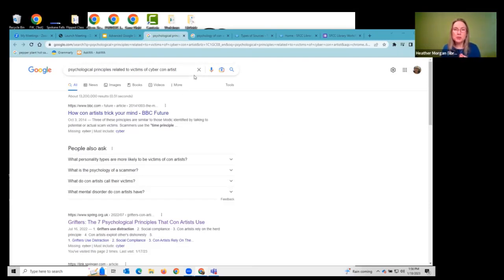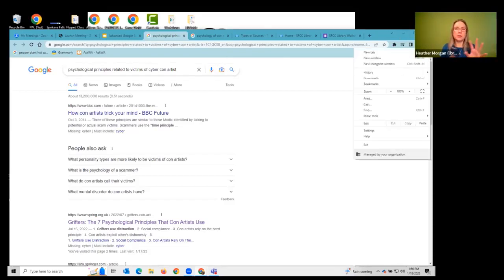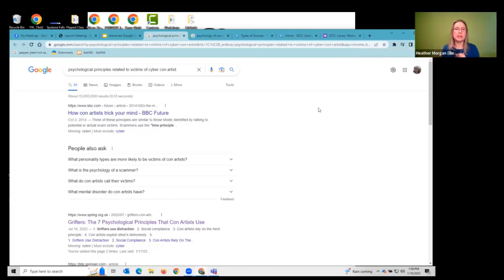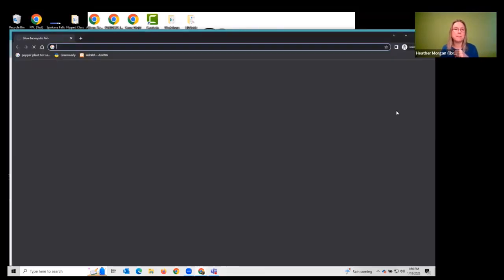One of the ways you can do that, if you're in Chrome or Firefox or something, is there are 3 little buttons in the top right-hand corner next to maybe your face. You'll see an option for new incognito window. And you'll notice it gives you a shortcut. You can also use Control-Shift-N if you're on a Windows device. If you're on a Mac, it's Command-Shift-N. And that will open up, sometimes a black background. I don't know if Sade can click on an incognito window just to see how it slightly changes what the page looks like.